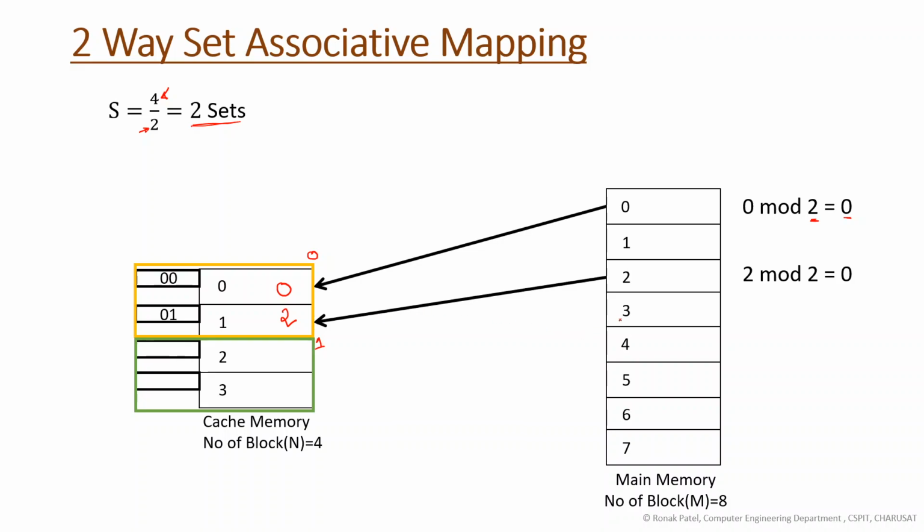Next is 7. 7 modulo 2, the answer is 1. This gives you the set in which you need to put this block. So 7 modulo 2 is 1, so it can be placed in set 1, whichever block is empty. So this is empty, and you can put 7 here. Then next,